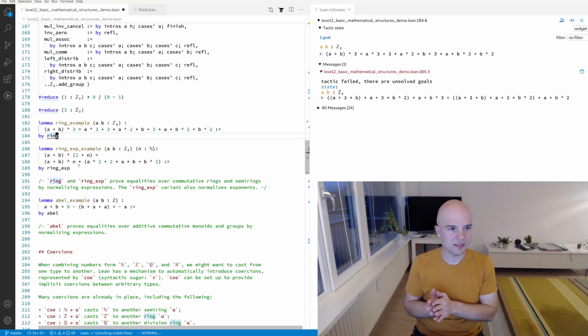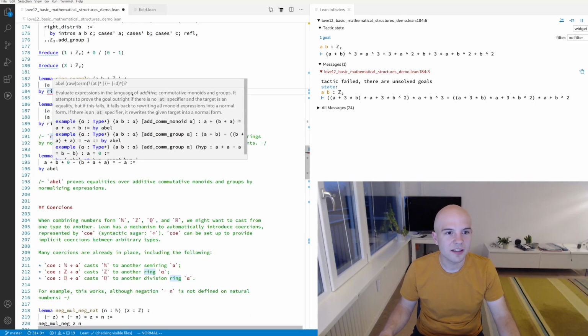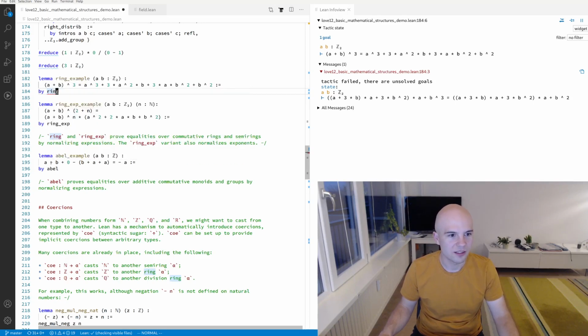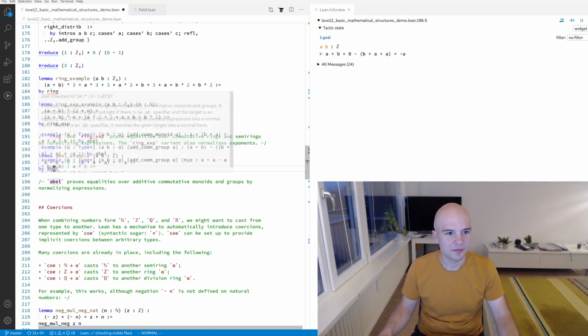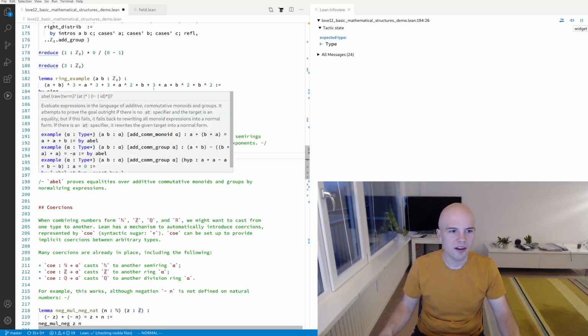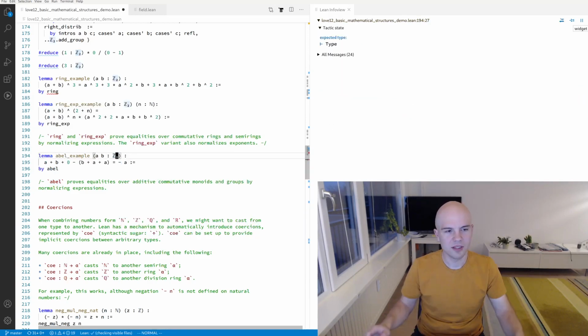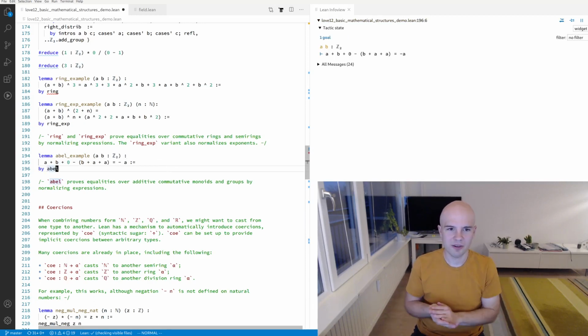Okay, so this is what we have for rings. This is very useful. But we also have automation that works for groups. So which one is it exactly? It works in additive commutative monoids and groups. This abel tactic. And well, again, it works for the integers because they are an additive commutative group, but it also works for our new type here, because it is also an additive commutative group. Just by defining this very small instance, we get a lot of automation for